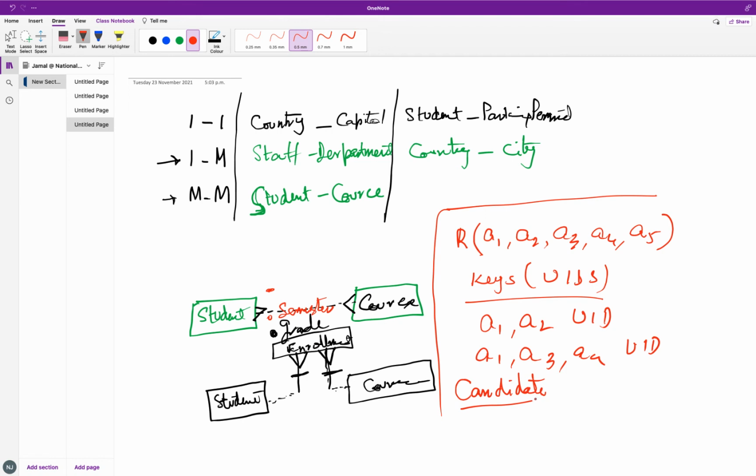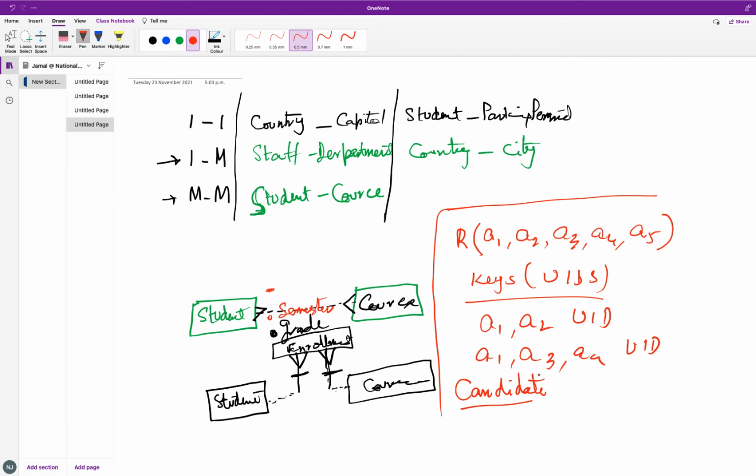For any constituency, we have a few candidates from different political parties. They could become an MD, or a senator, or a parliamentarian, right? So it's the same thing. In one relation, we may have multiple candidates, but from those candidates, we have to select one as a UID of that